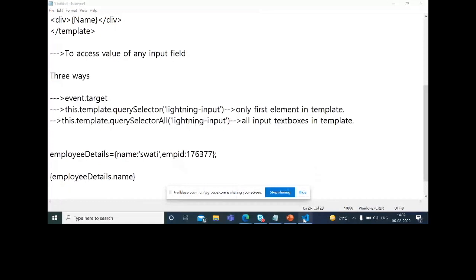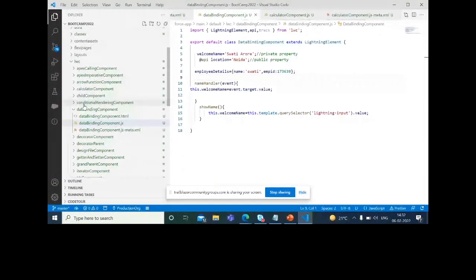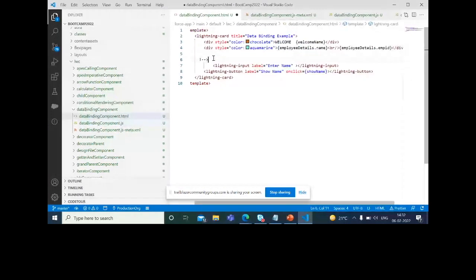If you see in the HTML, this is how I have bound these properties: employeeDetails.name and employeeDetails.empId. So this is the way to bind your object type properties on the UI. Primitive will be simple, and for object type properties, it is name of the property dot key name.